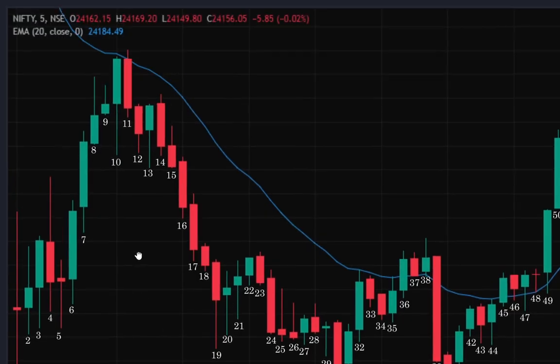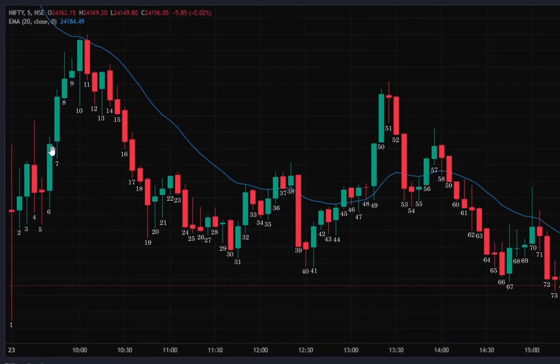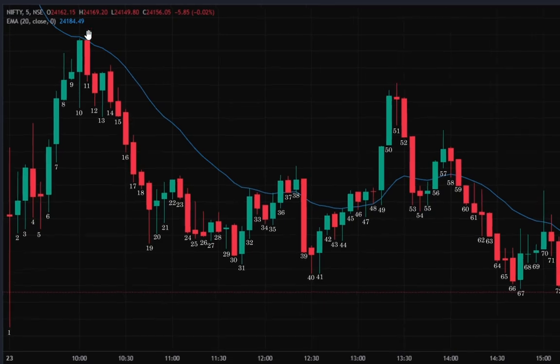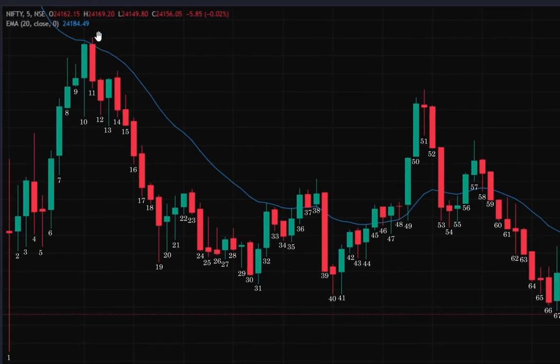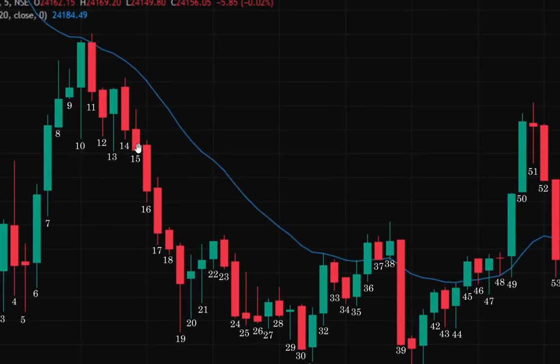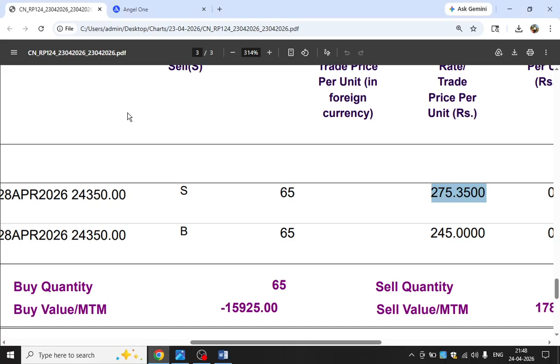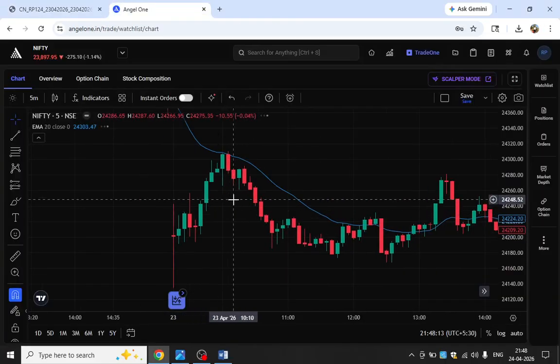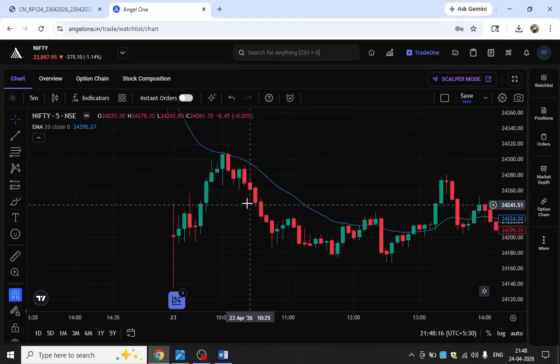After that, as you can see, the market went up and I was in 35 rupees of profit, and on the previous day I didn't take the profit and I had to get out at break even. So on this day I was hoping to just get out at 40 rupees, but that didn't happen. And after that I closed my trade at bar 14. Let's see what the time was at bar 14. It is 10:20.